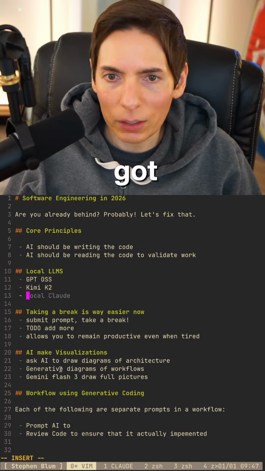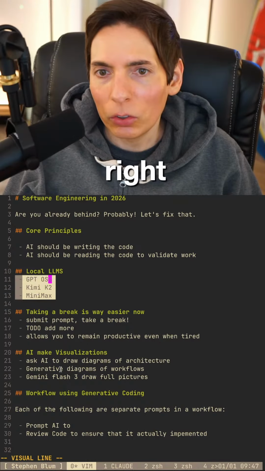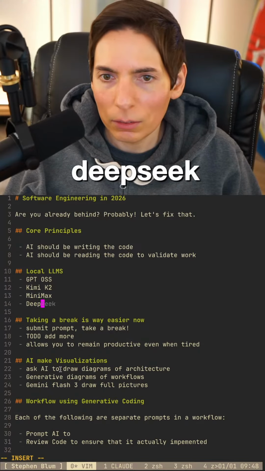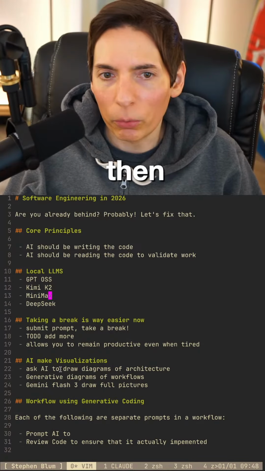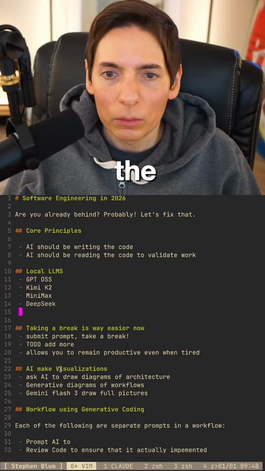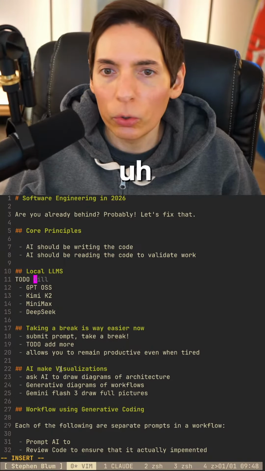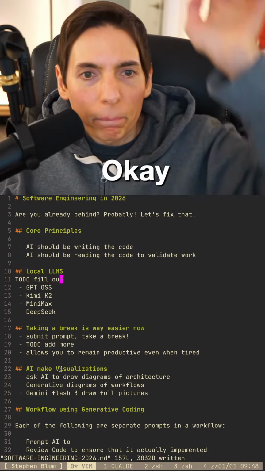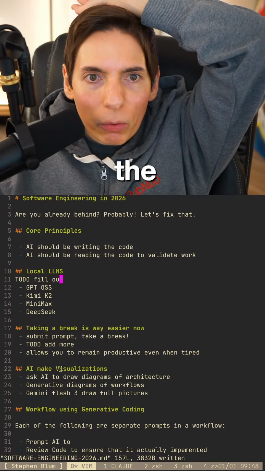We got, I think it's MiniMax, right? These are some good ones here. Then obviously you got the DeepSeek, and then there's some other ones in there. Yeah, so let's add this in here.